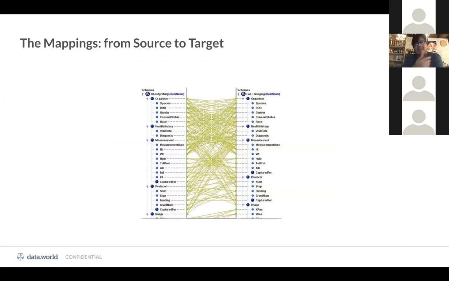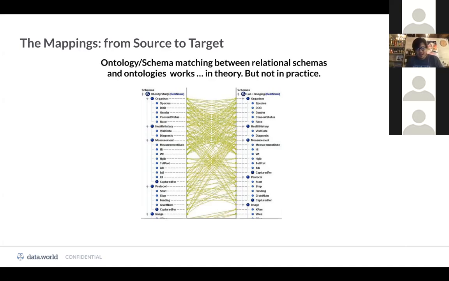under the assumption that these mappings would be created automatically, right? Because there's all this work on ontology matching, on schema matching. And frankly, what I saw was I got my hands on every single ontology and schema matching tool that I could get, that could take as input a source and a target. Things worked in theory in all your test examples. But when you took in a source database that had thousands of tables, and you started creating this target schema, which obviously was going to be much smaller, the output was useless.